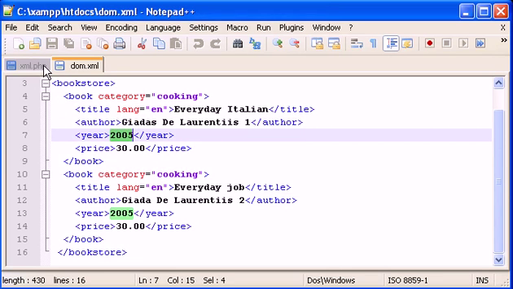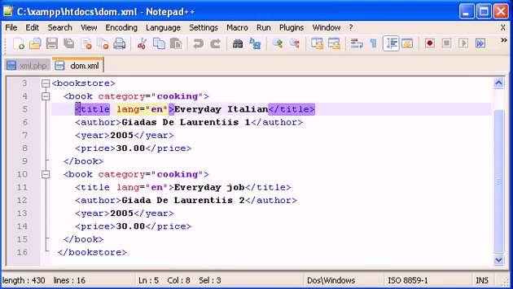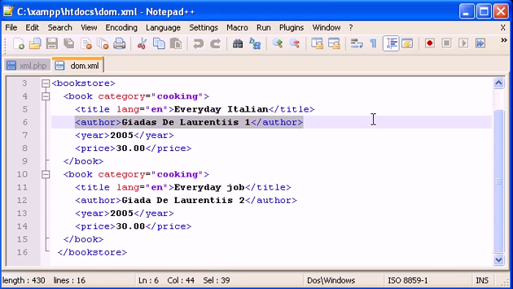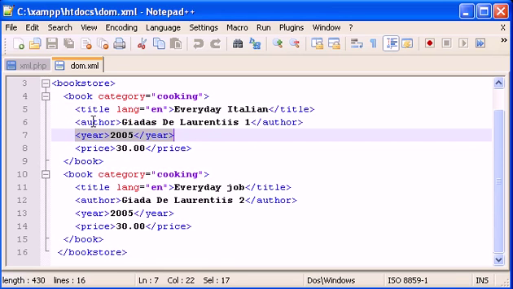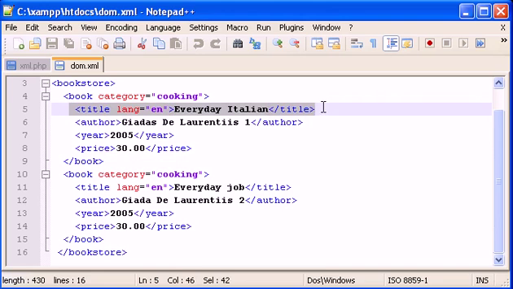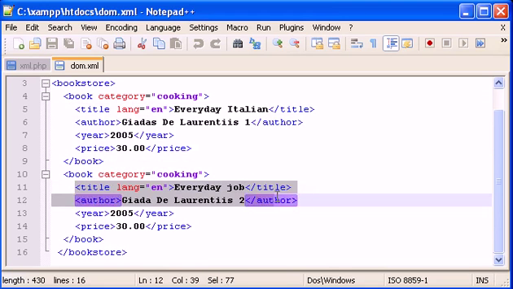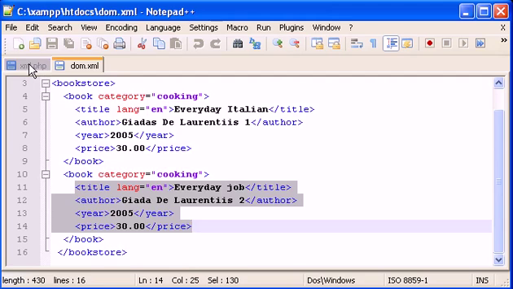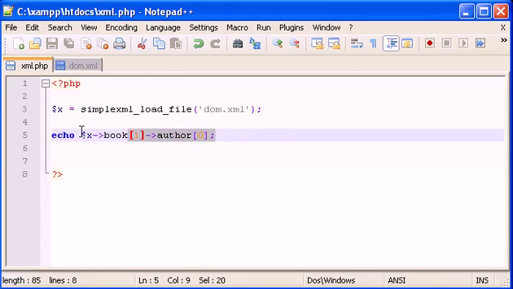So what I'm going to do next is to make a loop to loop through each different book, in this case these two books, and output some of the data inside it, or some of the text inside these nodes, the children. I'm going to try to output everything we have in here, from the first book and from the second book. So I have to delete this,